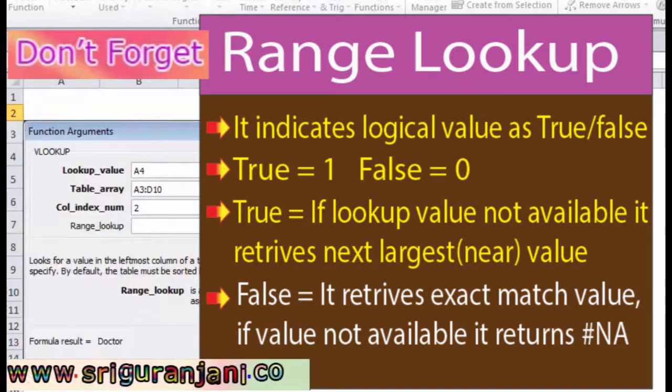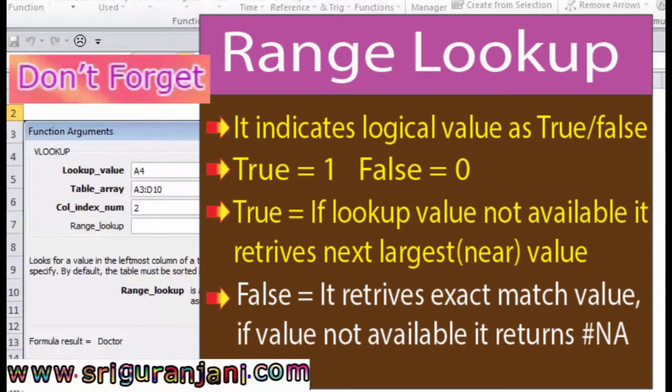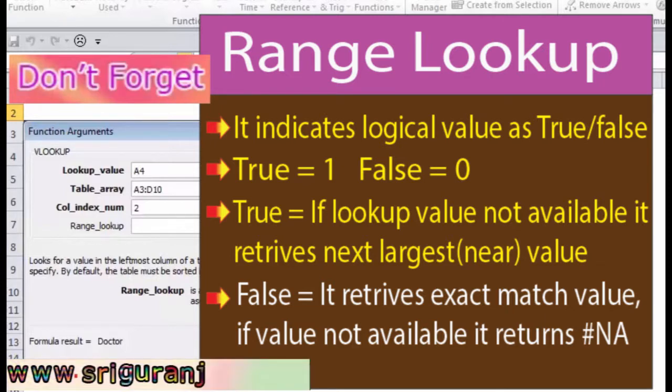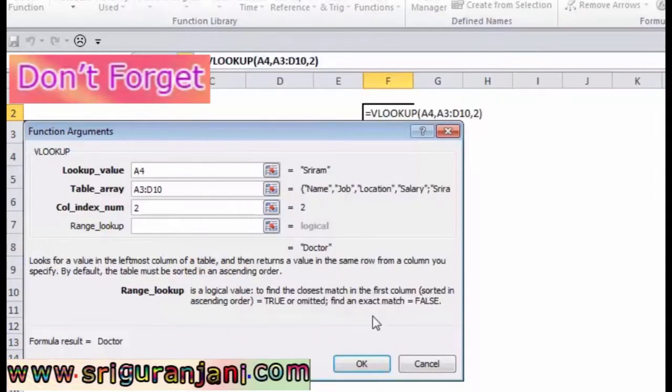Or if we assign false in that field, the lookup value retrieves the exact match value. If the exact match value doesn't exist, it returns NA. So these are the conditions for the range lookup argument.